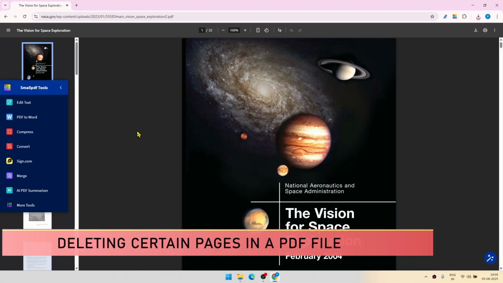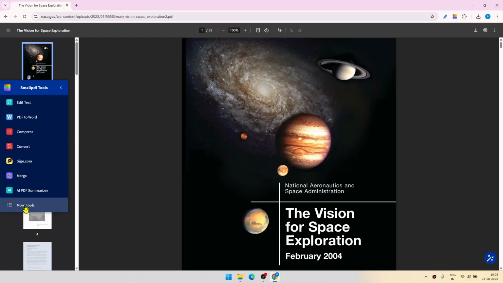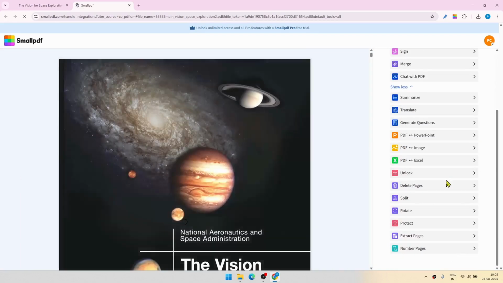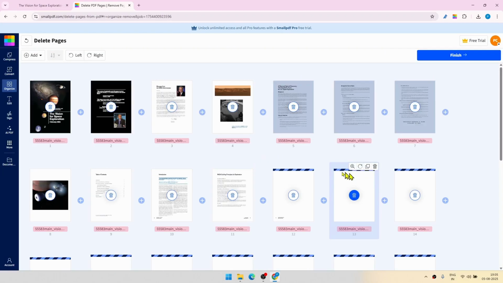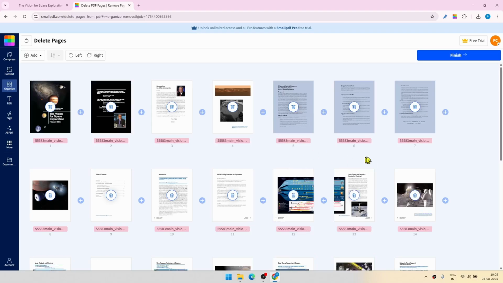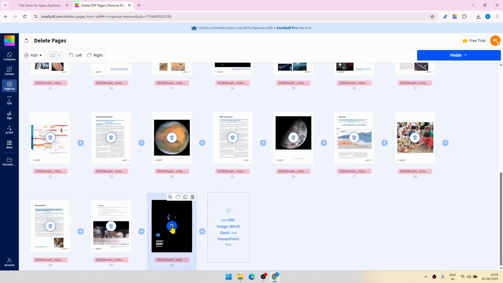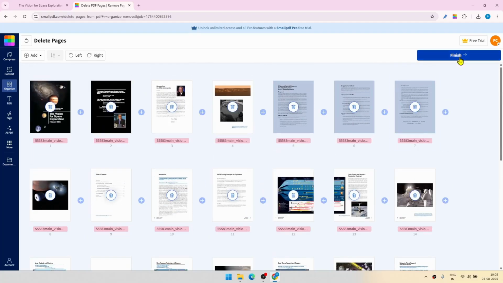The next feature which I will show you with the same file is deleting certain pages in the PDF. And this is a pretty widely used use case. For that, click on More Tools from the panel. After that, you can find Delete Pages. Now it is showing you all the pages which are there in the PDF. Let us say I want to delete the last two pages. So I just have to click on this delete icon and click on finish,